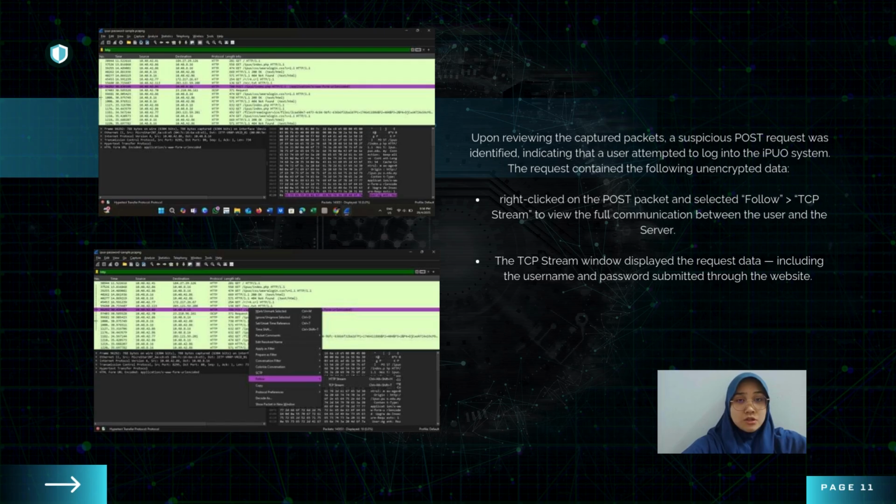To investigate further, we right-click on the POST packet. Then, we selected Follow TCP Stream. This allows us to see the full communication between the user's browser and the server. When the TCP stream opened, we saw the raw HTTP data. Since the communication was not encrypted, we could clearly see the username and password that the user submitted through the